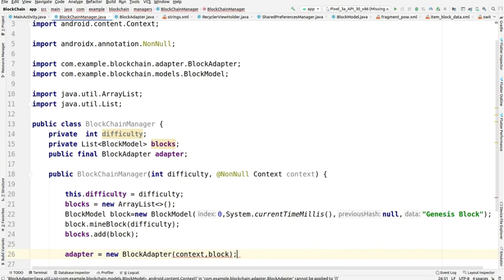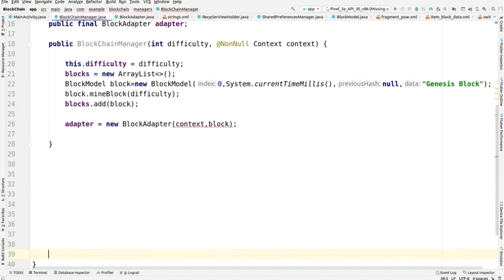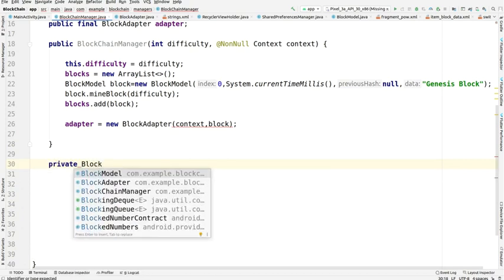And then we are going for the adapter. We have made that adapter object here and pass the context also that list, so that a recycler view can be created successfully without any error or any exception. We are taking care of every step here.